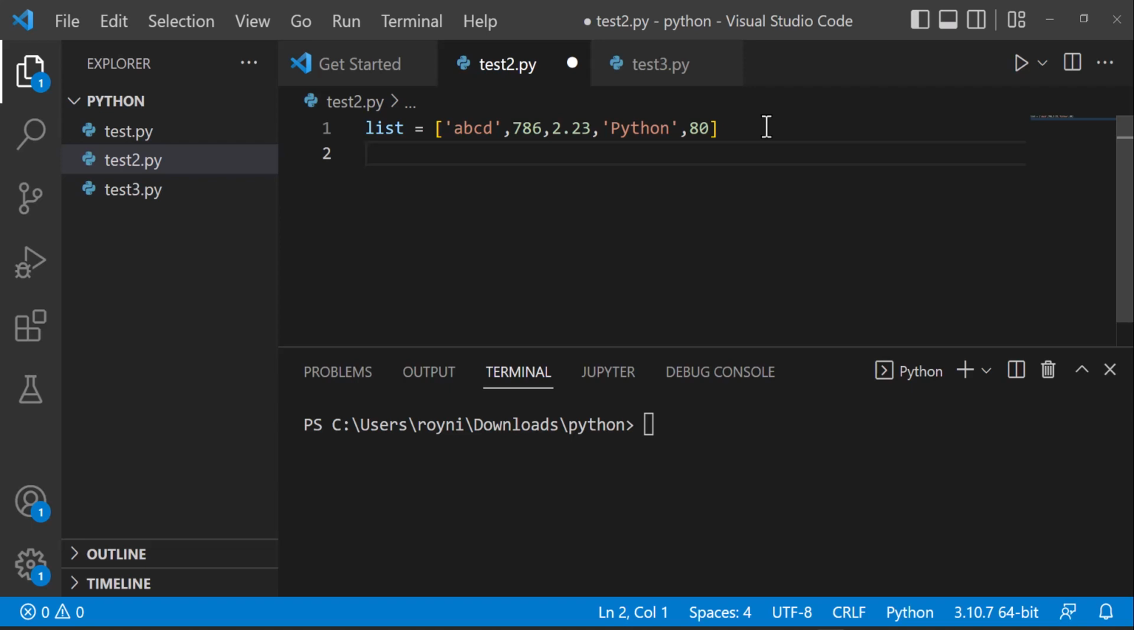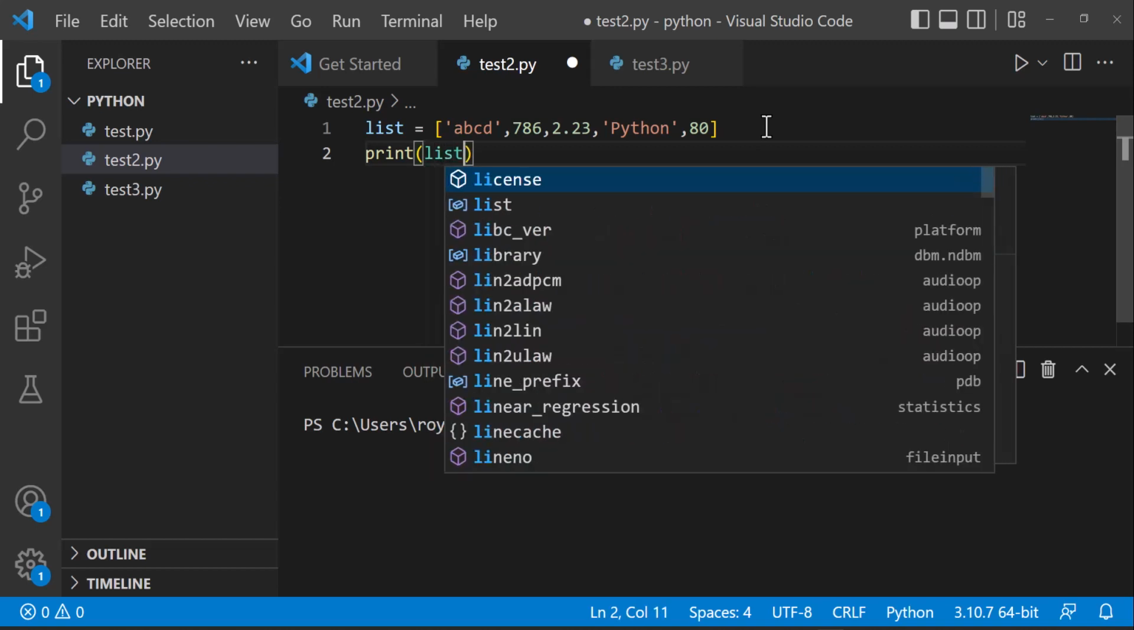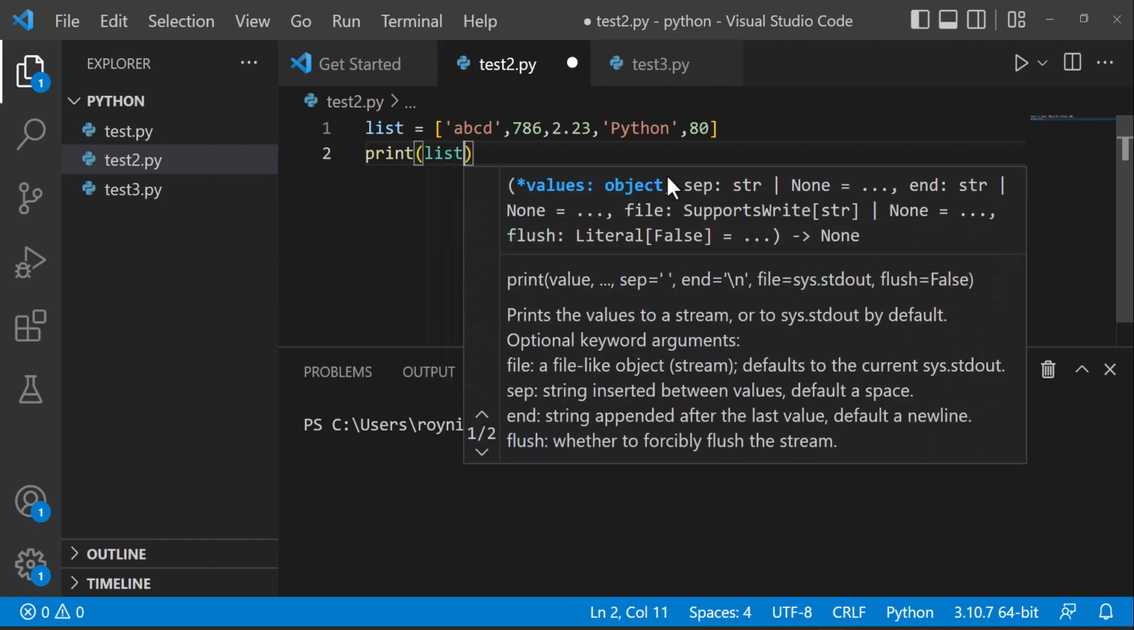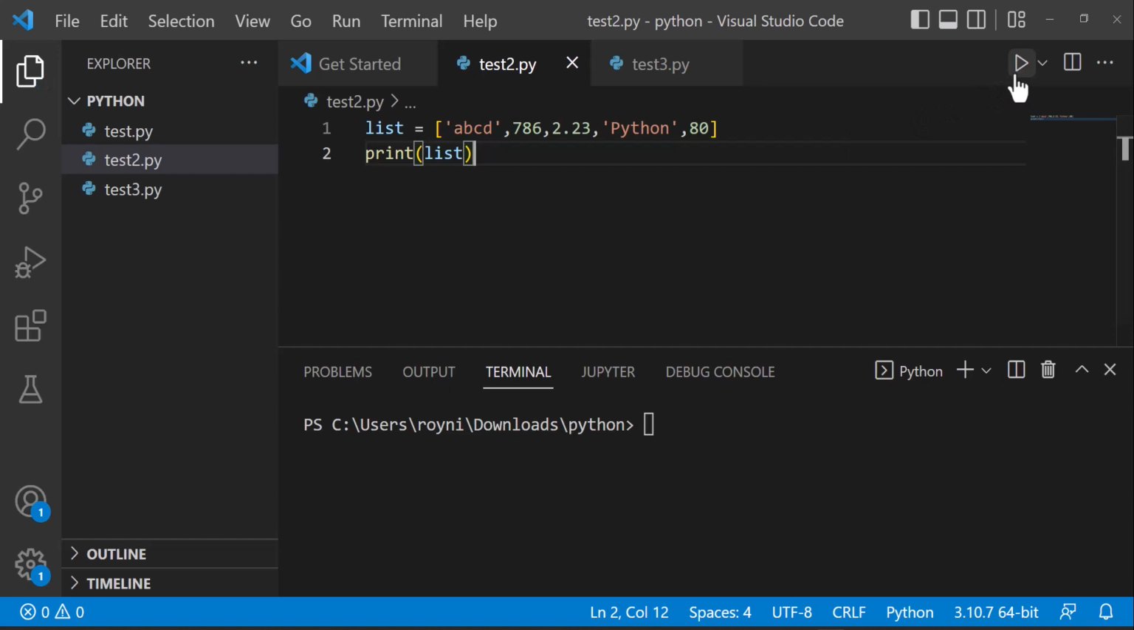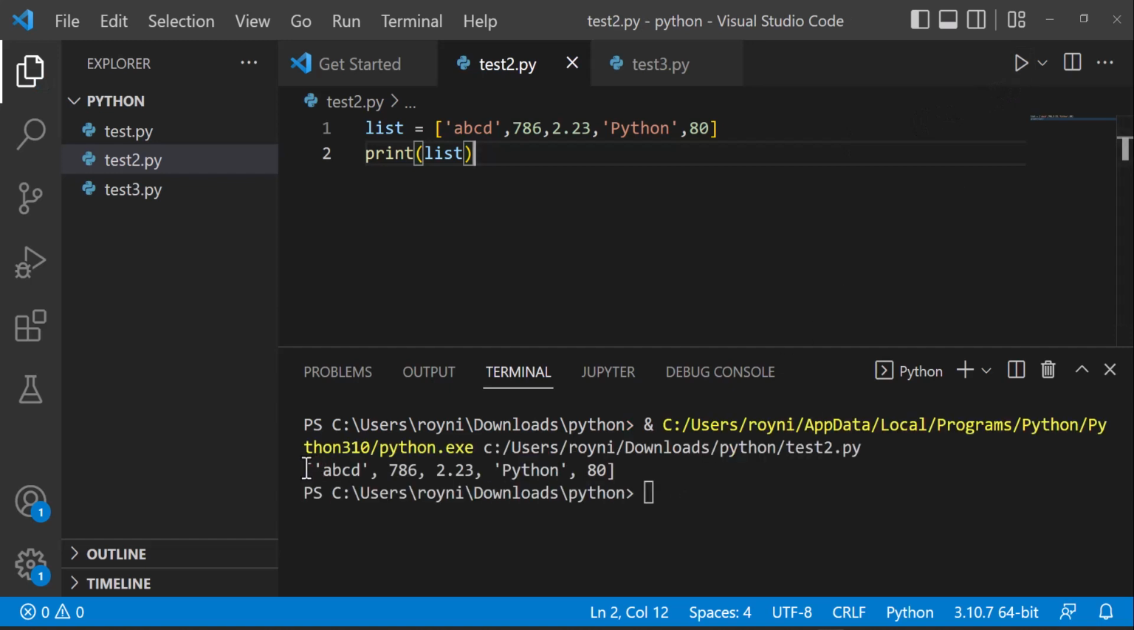Then we are going to print it. Print the list first, and it is going to print the whole list. See, it is going to print the whole list. But if you want to print only the value at the 0th index, then you can print that also,